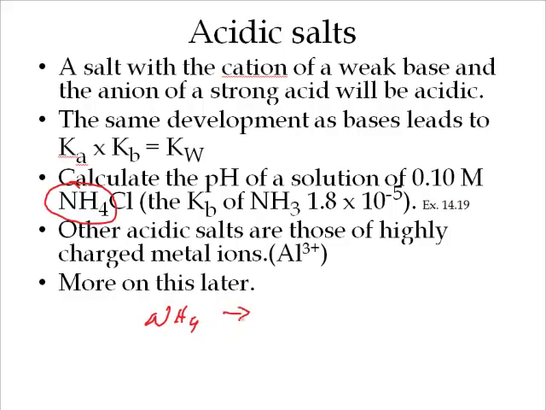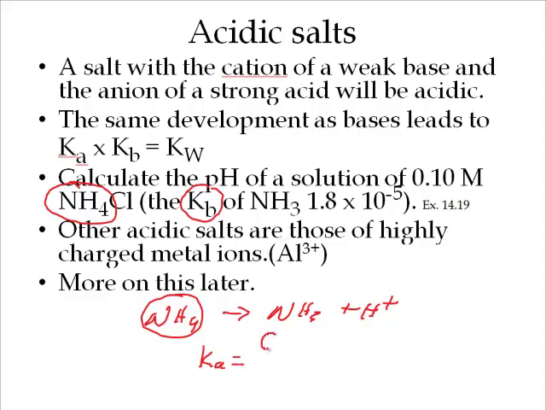It's just going to break into NH3 and H+. Now we're faced with the same issue as before. We want to find the Ka of this, right? However, look what they've given us. They've given us the Kb of ammonia. So just like the last problem, if I'm going to write out this equilibrium expression, it's going to